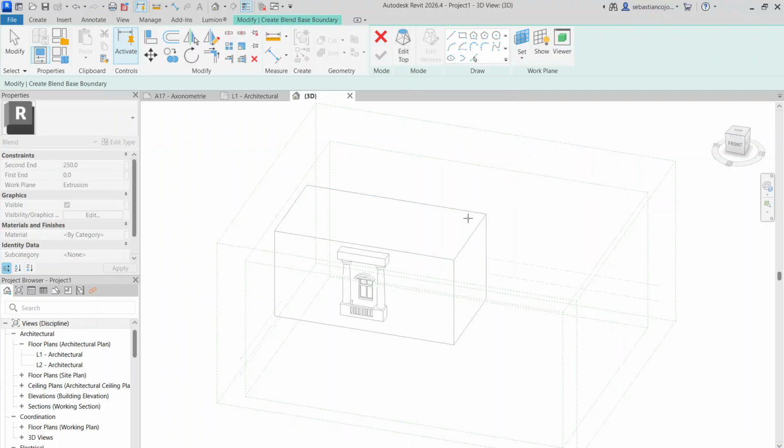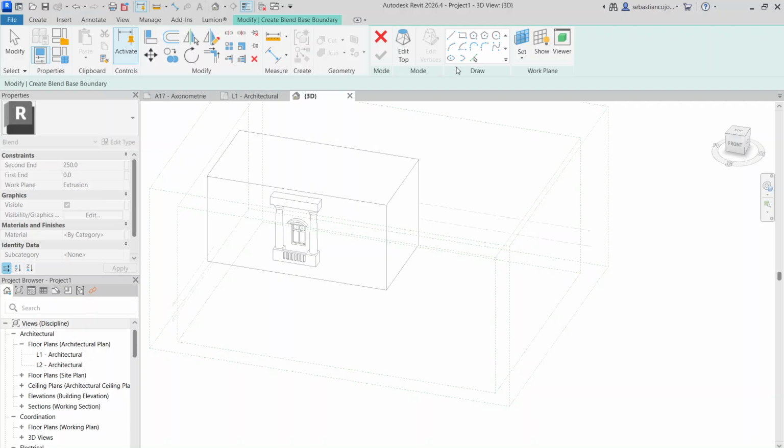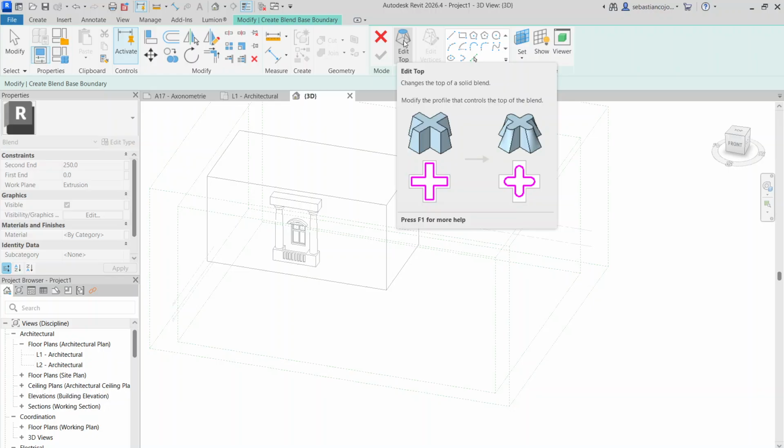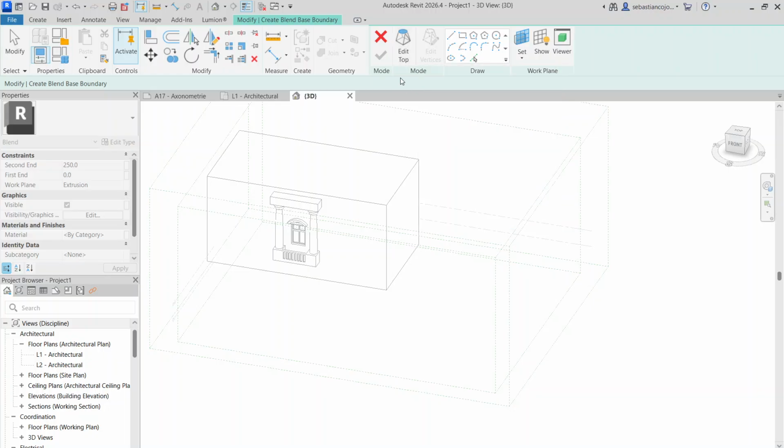Something like doing a custom column and stretching it in a certain way. I don't have an example in mind, but I'll try to do, let's say, edit top. So if you see this diagram over here, you basically have to